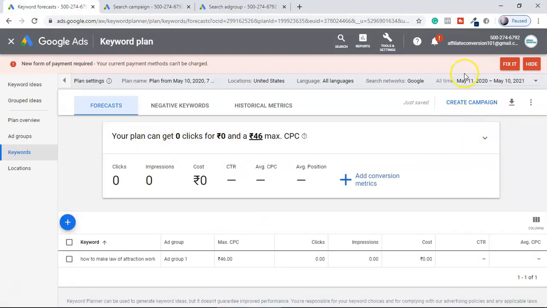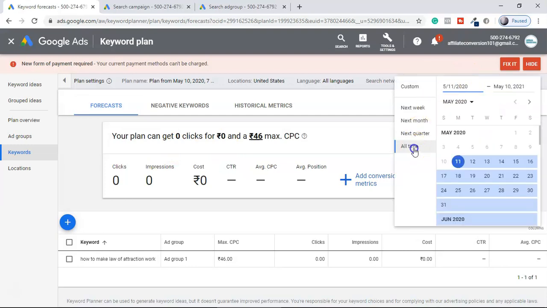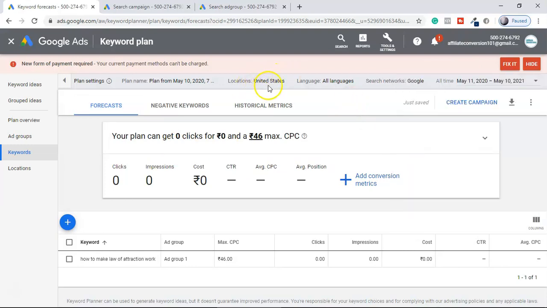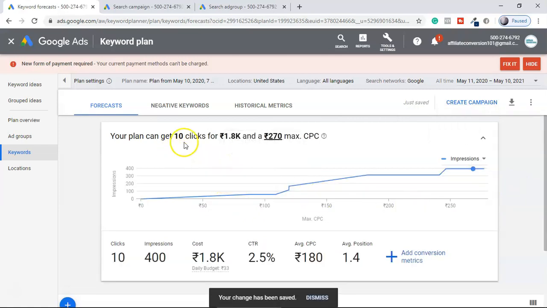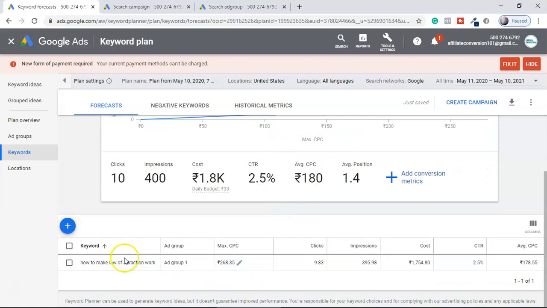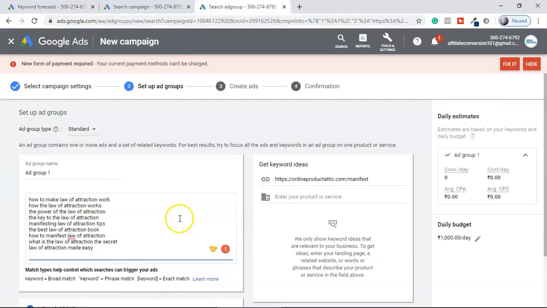Make sure you're selecting all time as well as the location, and then if you click over here, you can increase the cost, whatever the impression cost is. By clicking here, now it is showing I'm going to get 10 clicks, and the maximum cost per click I have to pay is $3. So now I have an idea what kinds of keywords I'm using in Google Ads.